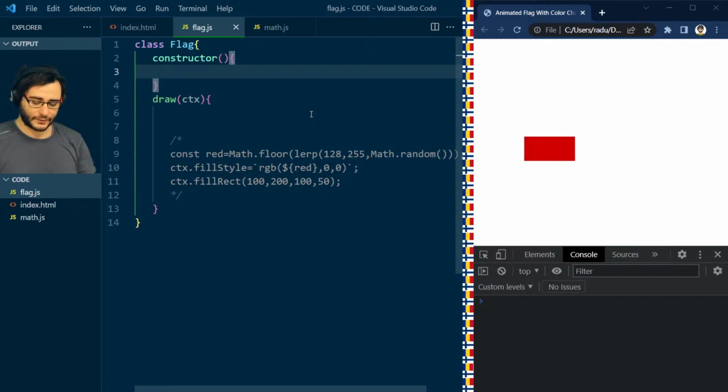So let's begin with generating some particles, part of this flag. Maybe the constructor will have width and height. And let's set a number of particles for the width equal to maybe, I don't know, 50. And the height 30 or something like this. And I'm just gonna focus with the width now and say here,